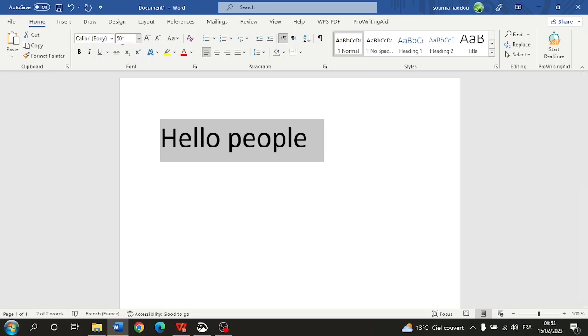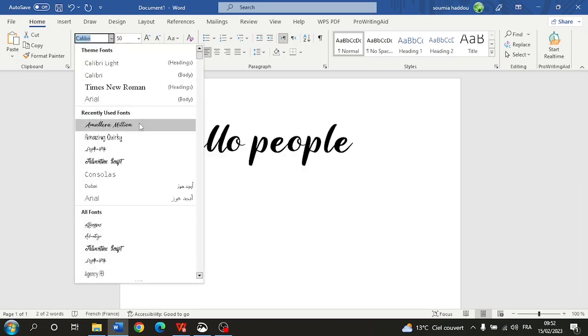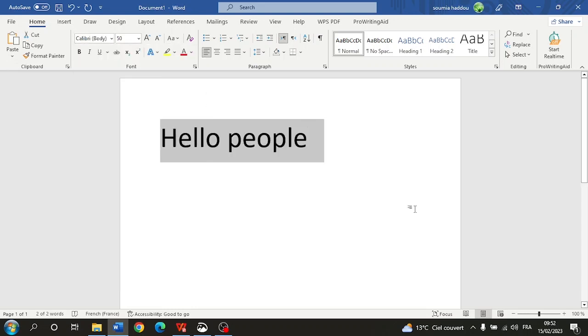Yeah. So another thing is the font, okay? We have our fonts here. And I have a lot of fonts. Why do I have a lot of fonts and you don't? Because I installed them in my operating system. So just download some fonts and install them, and you can use any fonts you like, okay? And I'm gonna give you at the end of this video a lot of websites that you can download free